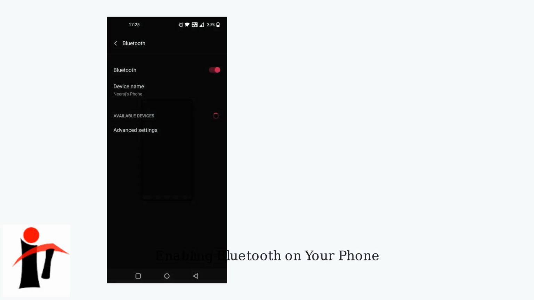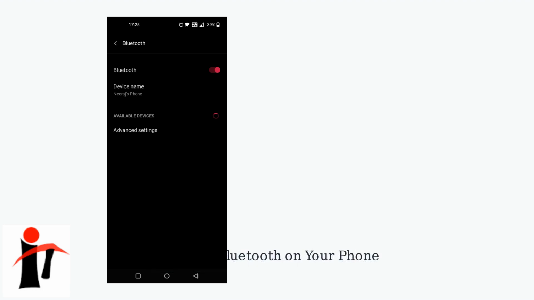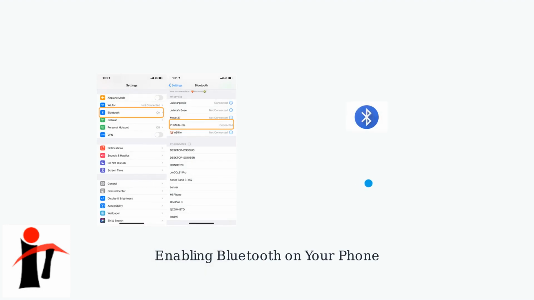To enable Bluetooth on your smartphone, start by opening your phone's Settings app. This is essential for both phone key functionality and audio streaming with your Tesla. Once in Settings, locate the Bluetooth option and turn it on. On iOS, you'll find it in the main Settings menu, while on Android, it might be under Connections or Network Settings. Finally, ensure your phone is set to be discoverable. This allows your Tesla to easily find and connect to your device. The discoverability setting is usually enabled automatically when Bluetooth is turned on. Remember, without Bluetooth enabled on your phone, your Tesla will not be able to detect your device for phone key